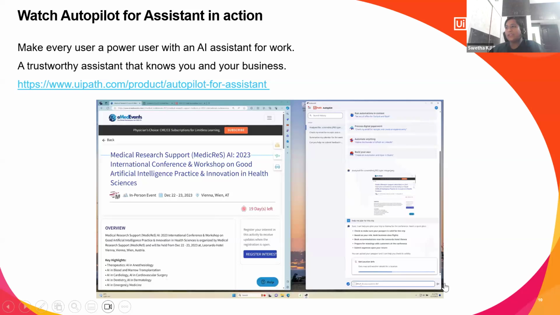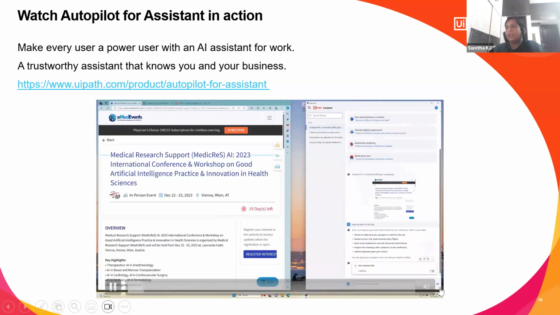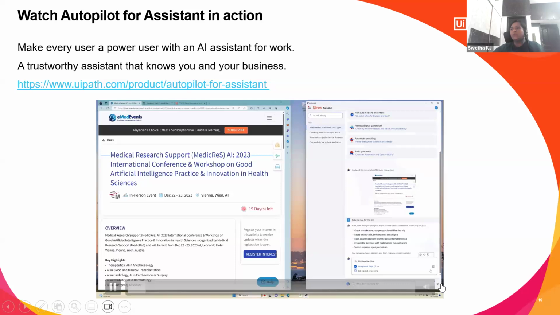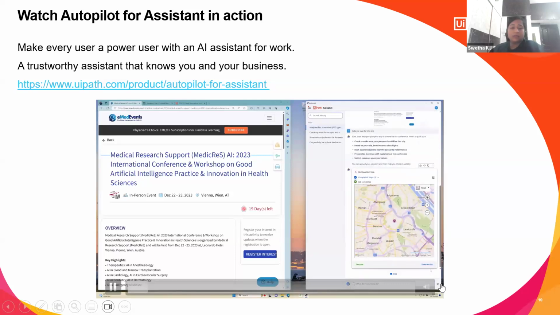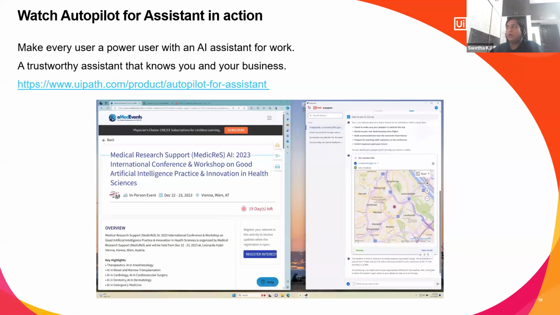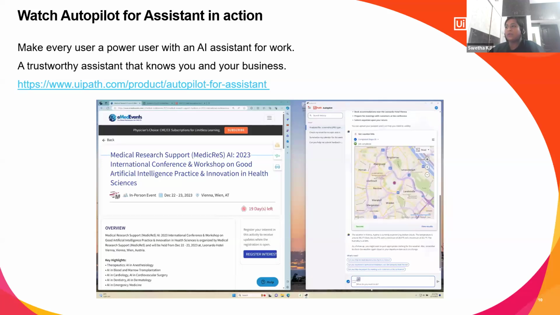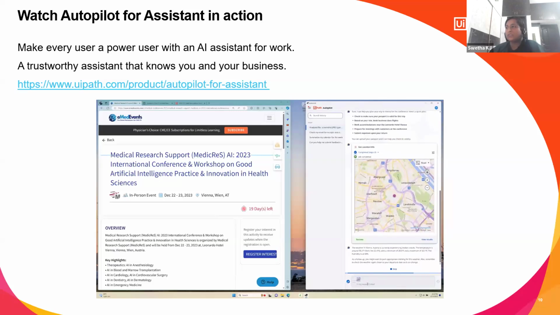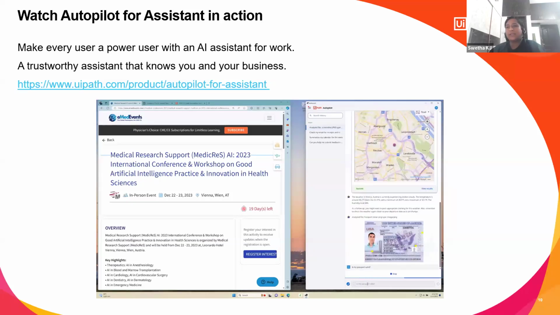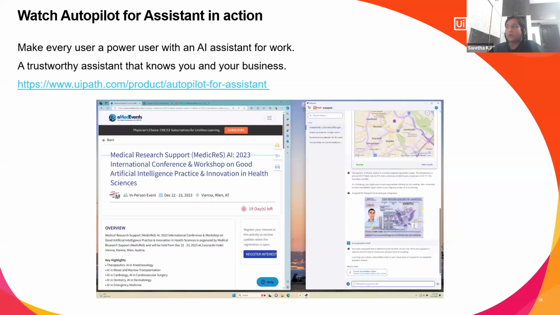On the right side, you can see UiPath Autopilot and the Assistant, where the user is asking whether the passport is available and to book the ticket. Here Autopilot is going to work on it, and the input required for this entire process will be the passport of the user and certain credentials of the user, so that the bot is able to go and log in and perform all the processes.